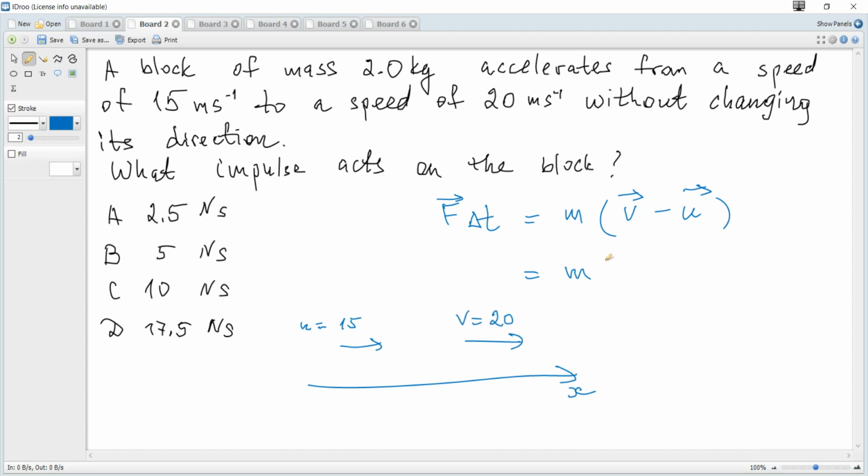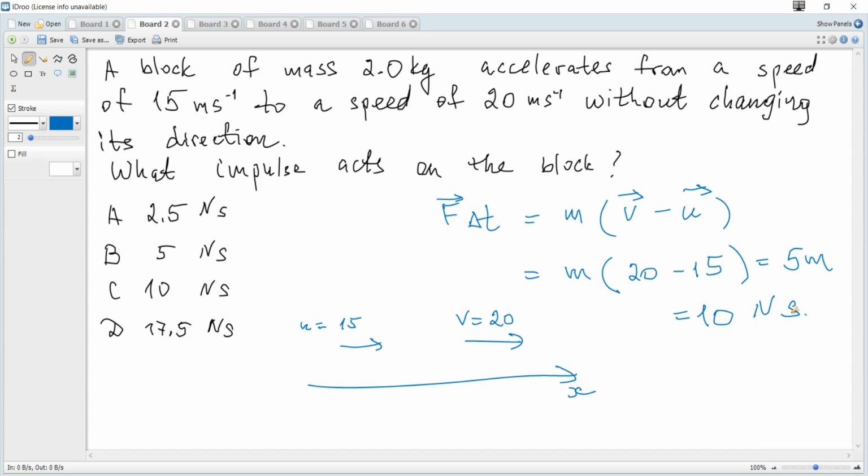So change in speed becomes just 20 minus 15. If you choose x to be to the left, you get negative 5 instead of plus 5, but by magnitude it will be absolutely the same. So we get 5m, and m is 2, so it's 10 finally